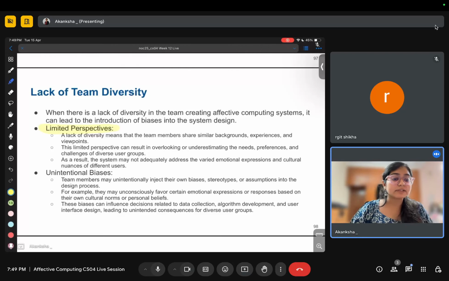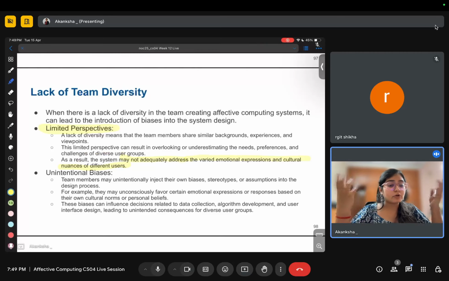So you need diversity in your team, otherwise it might not adequately address the varied emotional expressions and cultural nuances of different users. Let's say now you have a team with people from different countries, let's say Asia, Europe, different continents, right. So they can represent their culture, what is considered right or wrong in their cultures.